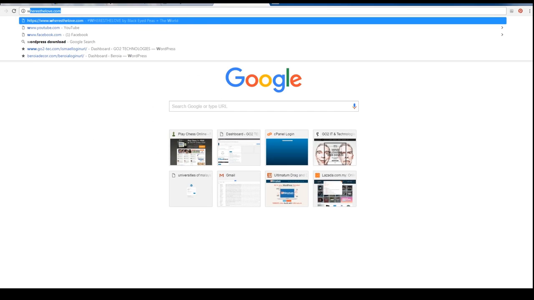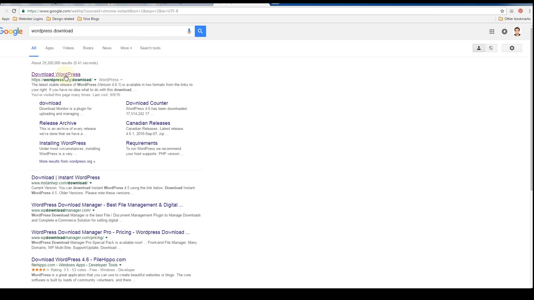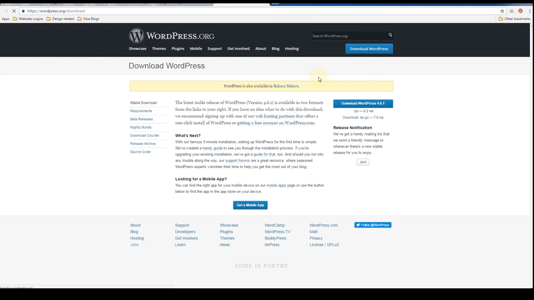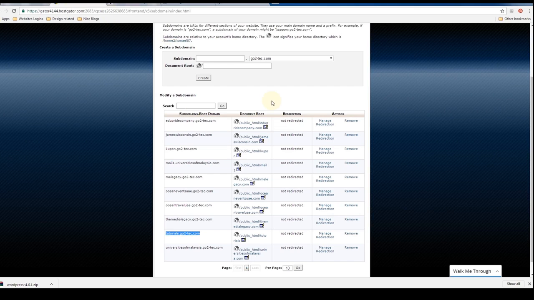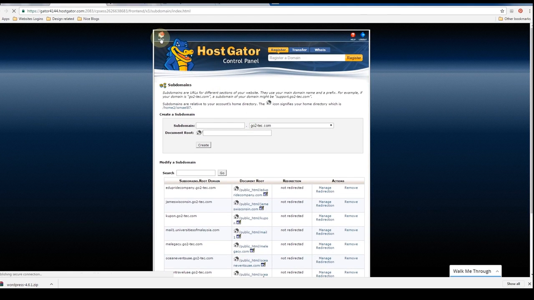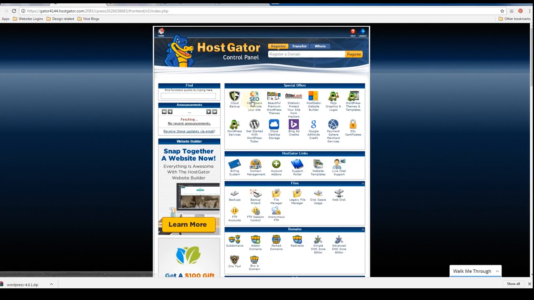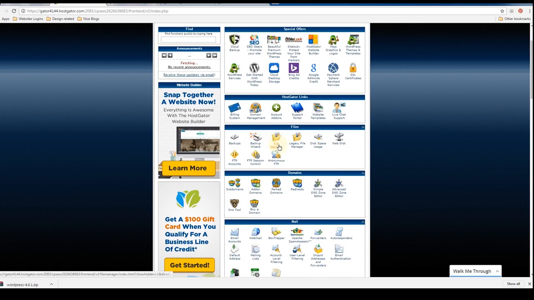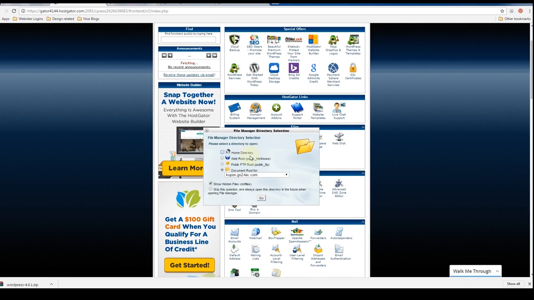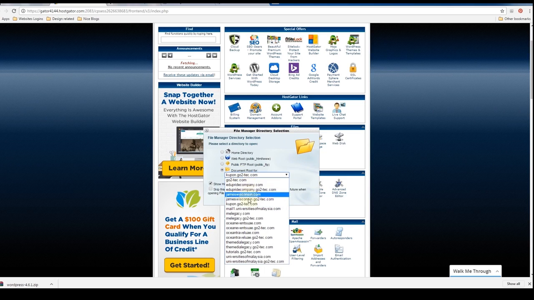We search WordPress download and click the first link, download WordPress, and click download WordPress. Once the files are downloaded, it's time to upload them into your domain. Log into your cPanel, head to File Manager, choose the domain you want to install WordPress on,